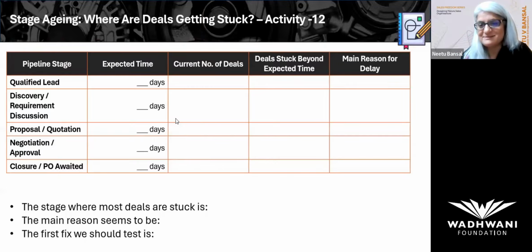Once you've realized what the reasons are, either at the customer end or at our end, like our sample is not ready, because of which the customer has delayed the decision. Or with the proposal, the client had some questions and we have not been able to give the proper answers. That is why there is a delay. So once you understand this, you will be able to build correction systems inside your organization.